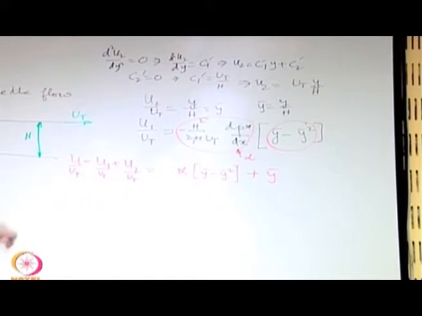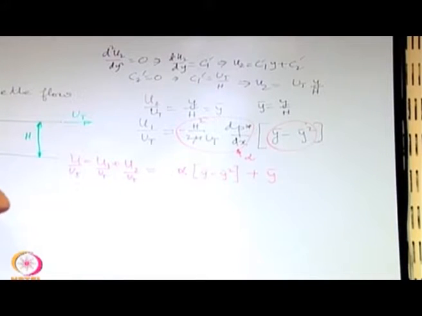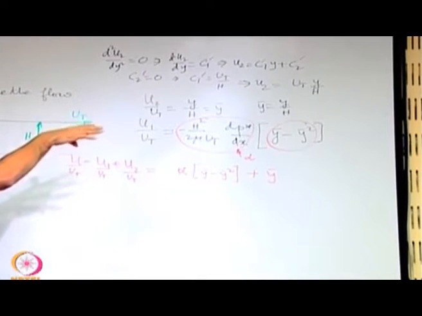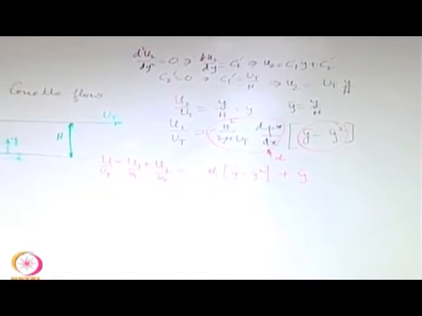Now, if you come to a situation when ut is positive, then there might be a case when dp dx is positive, but still the flow is maintained along the positive direction, because positive dp dx will try to have a sort of resistive effect on the flow along x, but ut is trying to drive the flow along the x direction. The resultant may be such that ut is successful and then the flow may be along the positive direction.